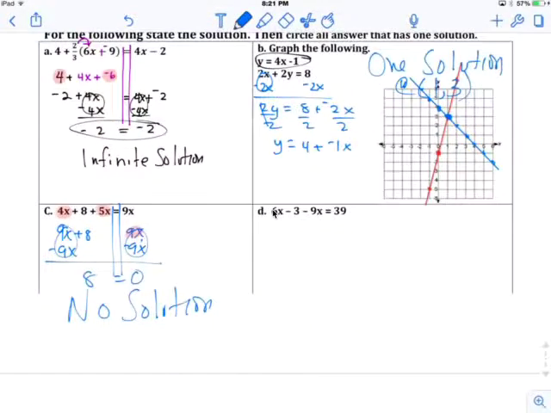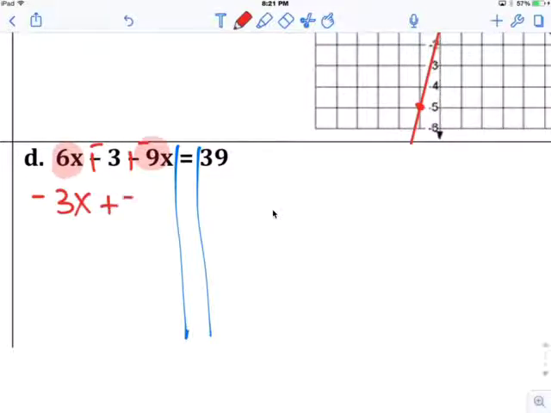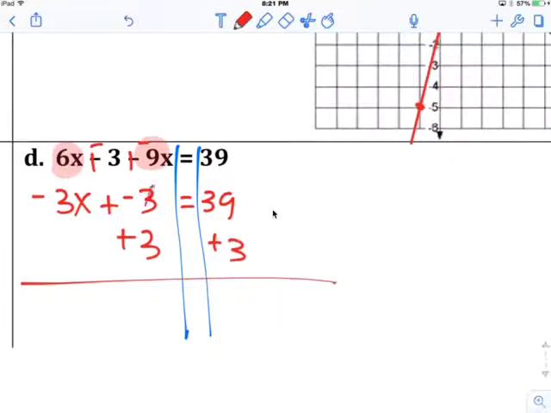let's see this one. To additive inverse, plus a negative, plus a negative. These two are alike, the terms are alike on the same side. We add them or subtract them. In this case, we add 6 add negative 9 is negative 3x, plus a negative 3 equals 39. When you add 3, you make 0 when they're on opposite sides. Get negative 3x equals